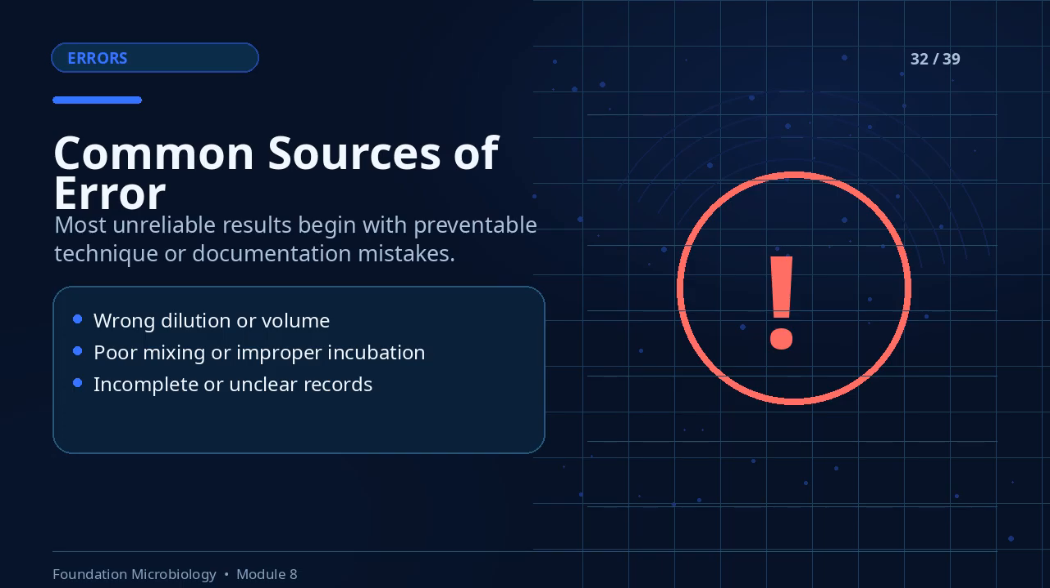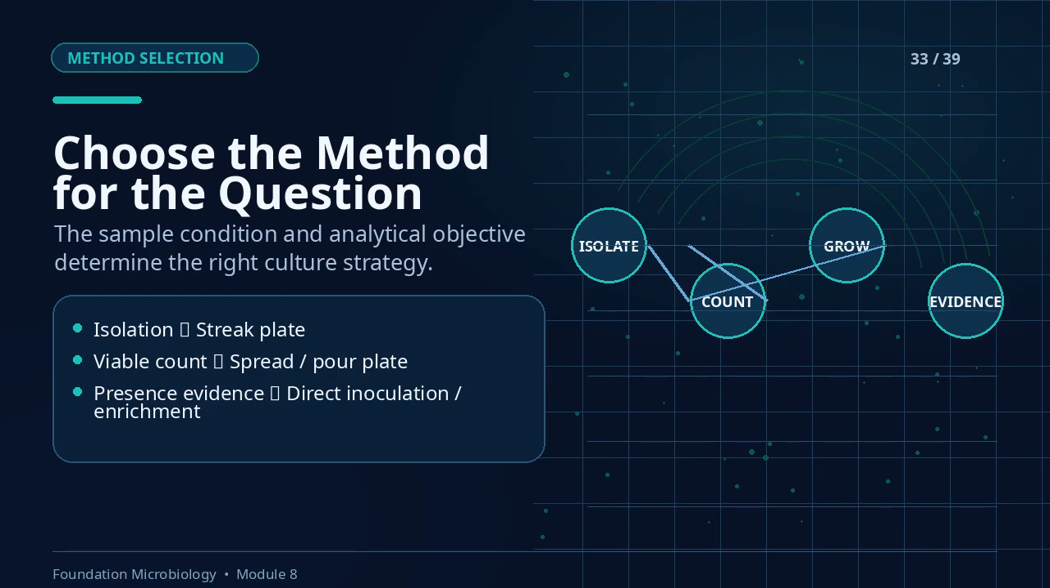Many unreliable results arise from preventable technique or documentation errors. Incorrect dilutions, poor mixing, wrong plated volumes, improper incubation, damaged agar, and incomplete records can all compromise the final result. The most suitable method depends on the analytical question and the sample condition. Use a streak plate when isolation is needed, spread or pour plates for viable counts, broth for growth support, and direct inoculation or enrichment